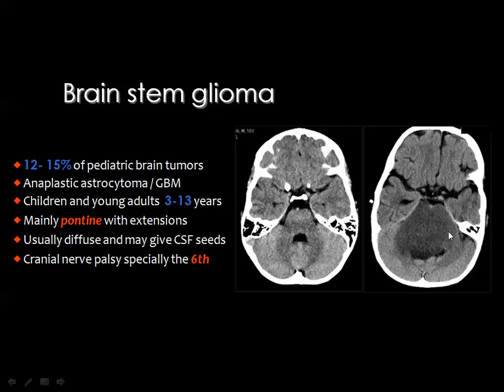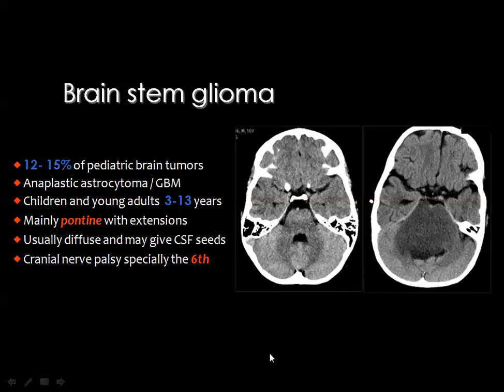But the opposite occurs with the brainstem glioma. The tumor grows in front of the basilar artery, and then the basilar artery is displaced posteriorly. And this is one of the important criteria differentiating brainstem glioma from any other lesions that can occur in the